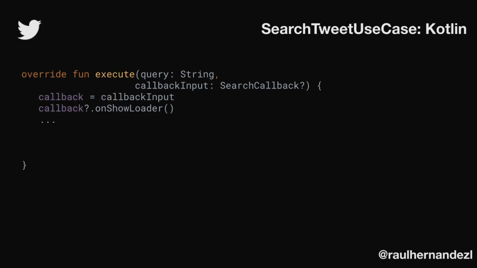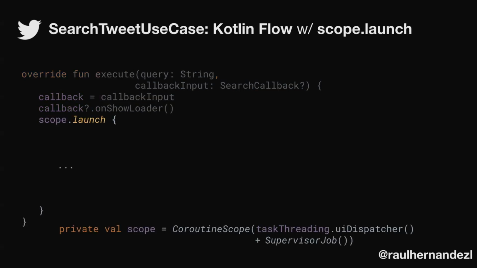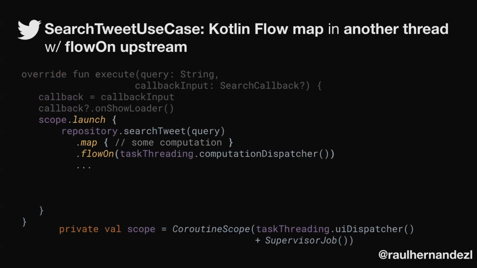And then if we change this to Kotlin, we'll just change this to have the query and the callback. That's equivalent. We initialize the callback. We'll show the loader. Then the different bit is using the scopes. That is something we know we need to use for coroutines. Actually, I create this coroutine scope that is composed by the UI dispatcher and the supervisor job that we all know from the basics. And then this scope.launch is going to be ready to launch the coroutine and then searching the tweet